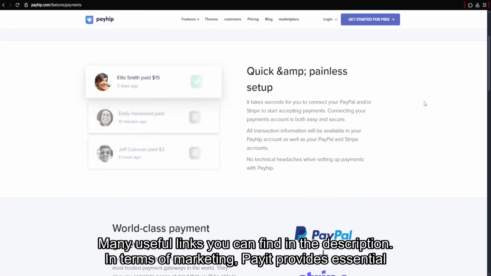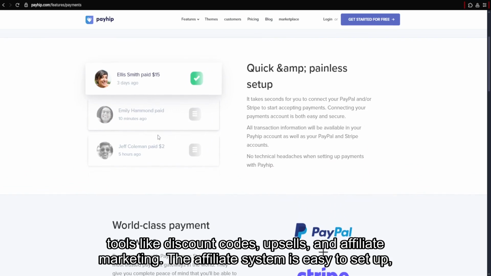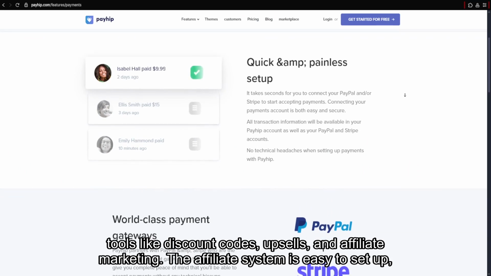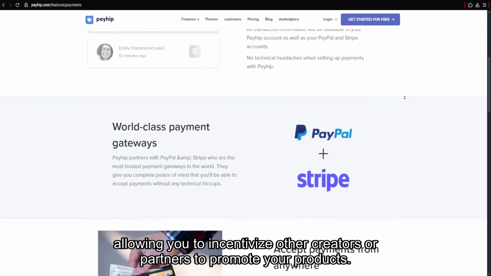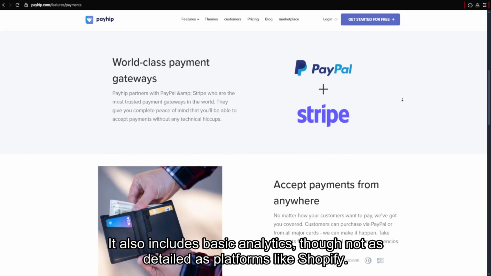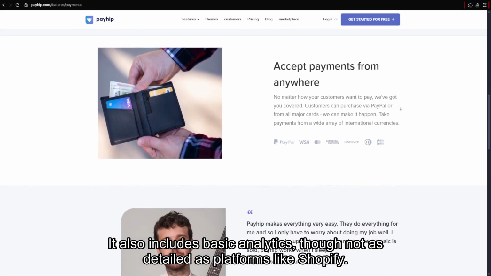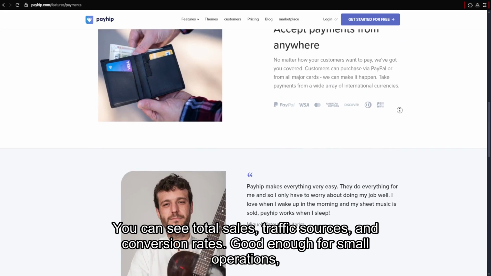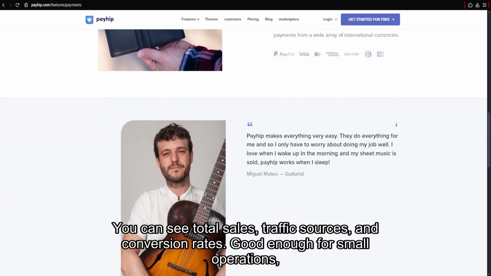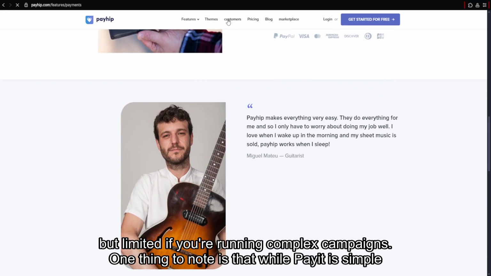In terms of marketing, Payhip provides essential tools like discount codes, upsells, and affiliate marketing. The affiliate system is easy to set up, allowing you to incentivize other creators or partners to promote your products. It also includes basic analytics, though not as detailed as platforms like Shopify. You can see total sales, traffic sources, and conversion rates, good enough for small operations, but limited if you're running